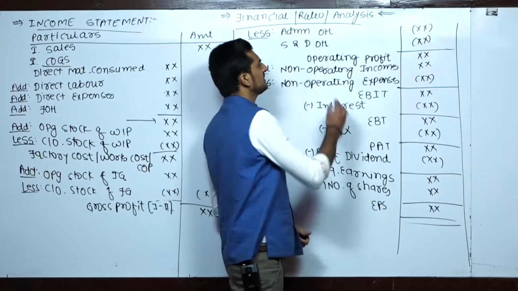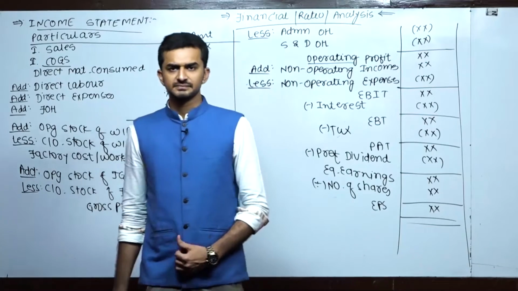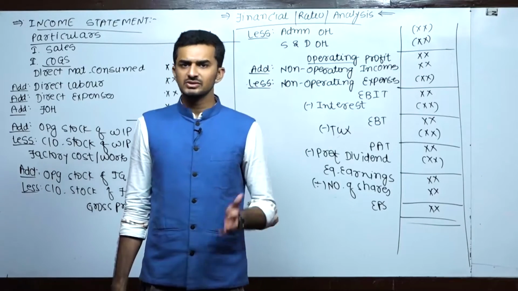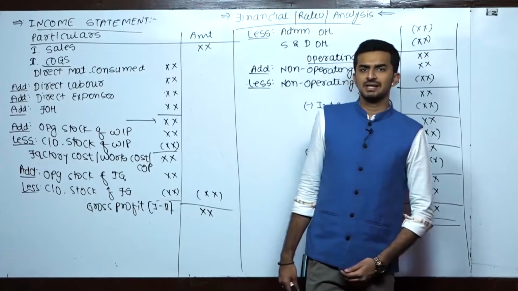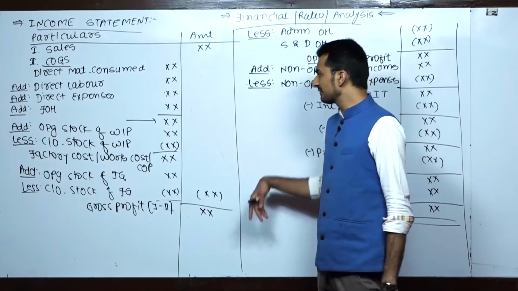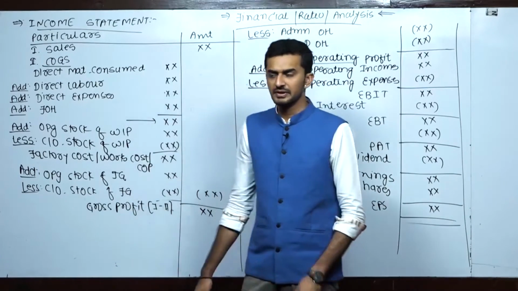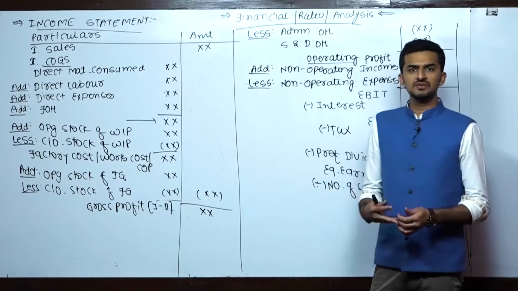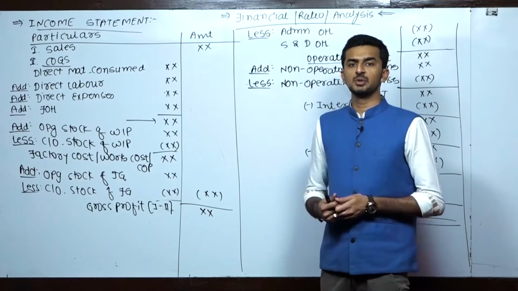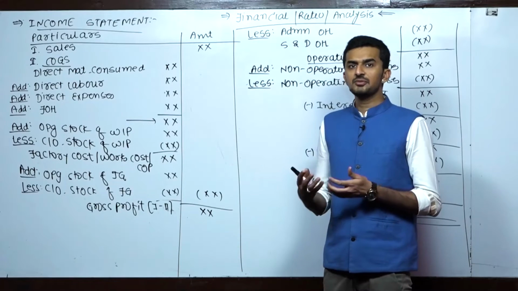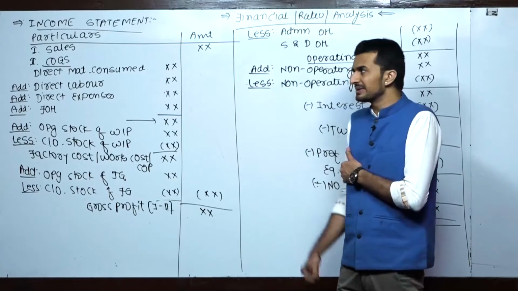See, operating means anything relating to business is operating. What is non-operating then? Not relating to business is going to be non-operating, very simple, right? Operating is relating to business, and hence if you see over here, material, labor, expense, FOH, these are all expenses relating to your business, to your product, and hence it is called operating profit. Okay, what are the examples of non-operating incomes? You can say profit on sale of factory, you can say profit on sale of investment. Apart from that, interest received, dividend received from shares and deposits which are not forming part of your business investments,